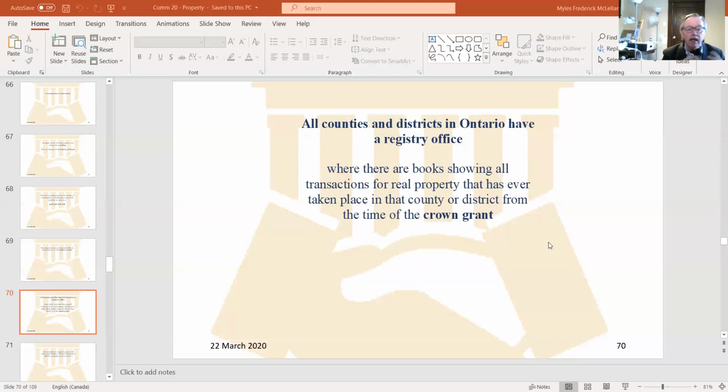So that's going to be a transfer, a deed, it could be a mortgage, it could be a lien of some sort, anything that would be registered on title. Abstract books have a record of them together with the original document that created whatever that instrument was on title. So all of those original documents are on the premises of the registry office, and they go back to the